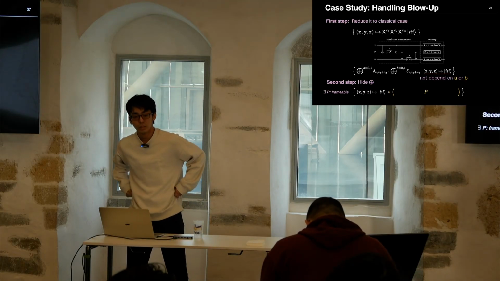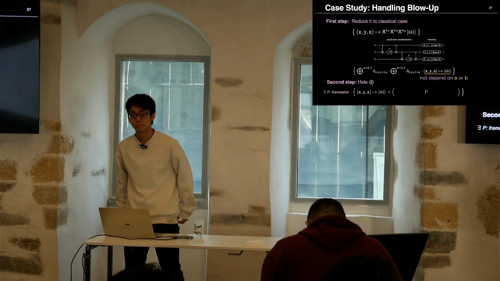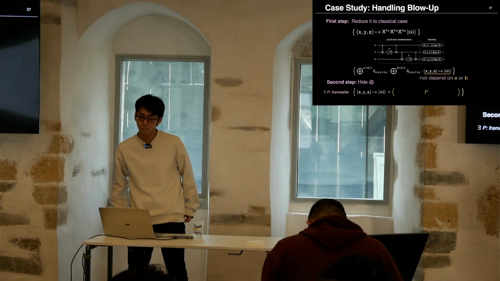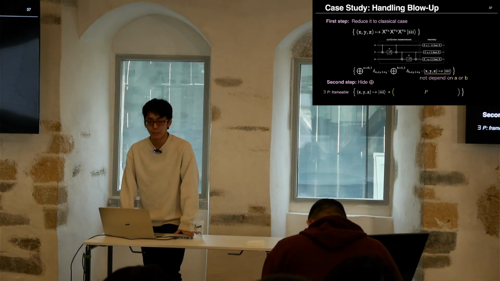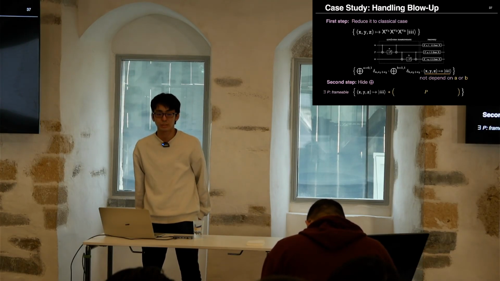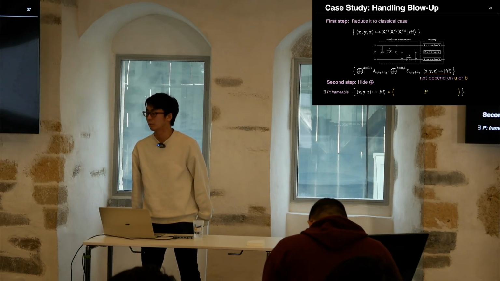So actually, my question is, in Hoare logic, we talk about predicates because we don't talk about individual states. What do you think is the predicate here? What is the difference between predicate and state? And what is your language for the predicate? I probably didn't understand what you mean by predicate. In the classical case, we don't reason about the classical program state directly. We reason about logic formulas, right? I think we can discuss later.